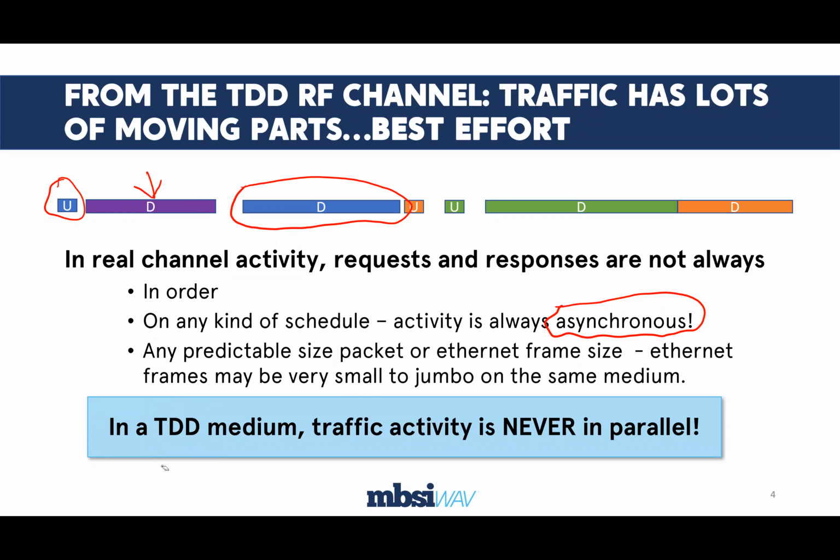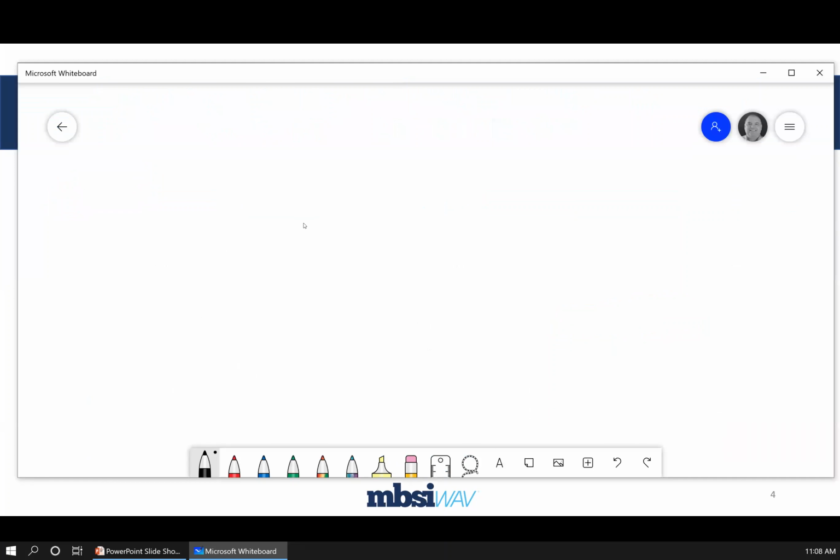The other thing that's different all the time is that our link quality varies from one link to the other, and so all of the frames, even though in this little drawing that I made the frames look like they're all equal in size, the uplink the same size, the downlink the same size, that's not the case. In the real world, I may have a case. Let me drag my whiteboard down here just for a second. All right. In the real world, I might have a case where I have a link that's operating at